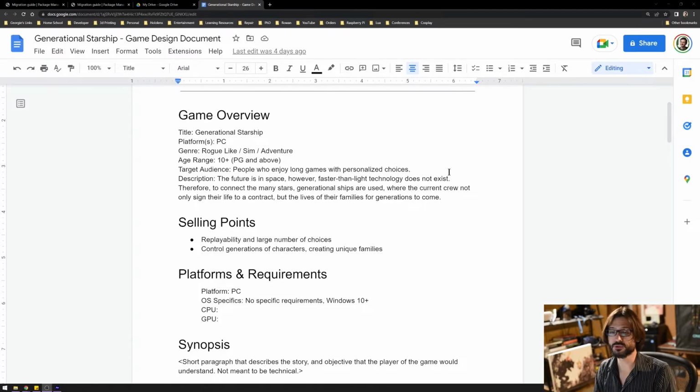The description: the future is in space. However, faster than light technology does not exist. In fact, it will never exist. It is simply impossible in this world. There's no bending of space-time, there's no warp fields, there's no nothing. Therefore, to connect to many stars and all of the humans that are now spread out through all the places,